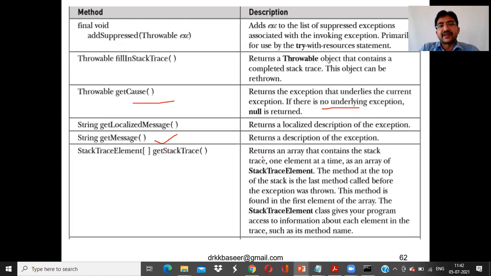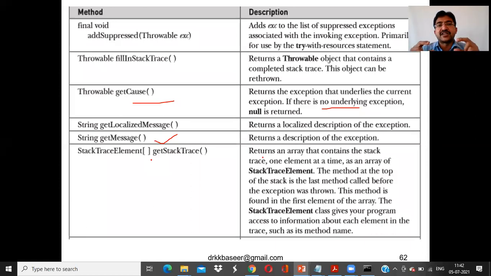Where are we observing this type of exception? Say for example, you have entered an ATM card in the ATM machine and you enter the correct password, but you enter a wrong amount because the balance in your account is, say, 5,000, but you are entering 10,000. It is a runtime exception. Runtime means on the spot, live, you are entering an amount which is not there in your account. At that time, what type of exception has to be derived? It derives a complete message like: because of low balance, currently you have only 5,000, but you are entering 10,000, which is not a correct input.